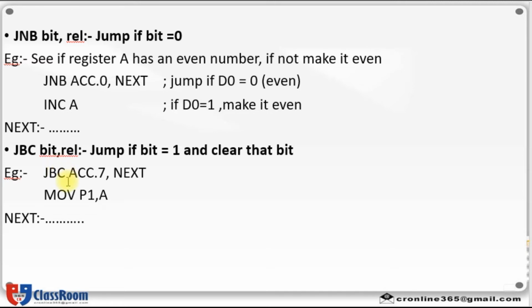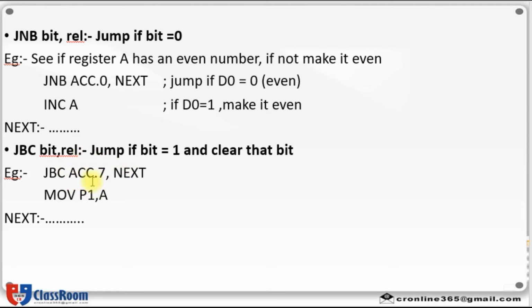That is the meaning of JBC. ACC.7 means the D7th bit of the accumulator. This instruction will jump to label next if D7 of the accumulator register is high. At the same time, this D7 bit is cleared to 0.